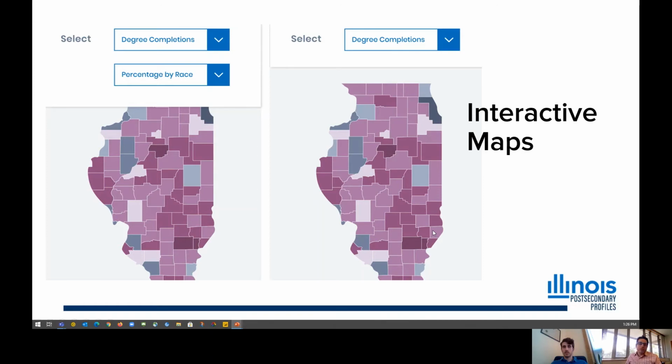One of the features that will roll out is the use of interactive maps to display data. These are engaging, they've become very popular as a way to display data, and these are likely initially to roll out displaying data by community college region. Obviously, post-secondary data is very complex.